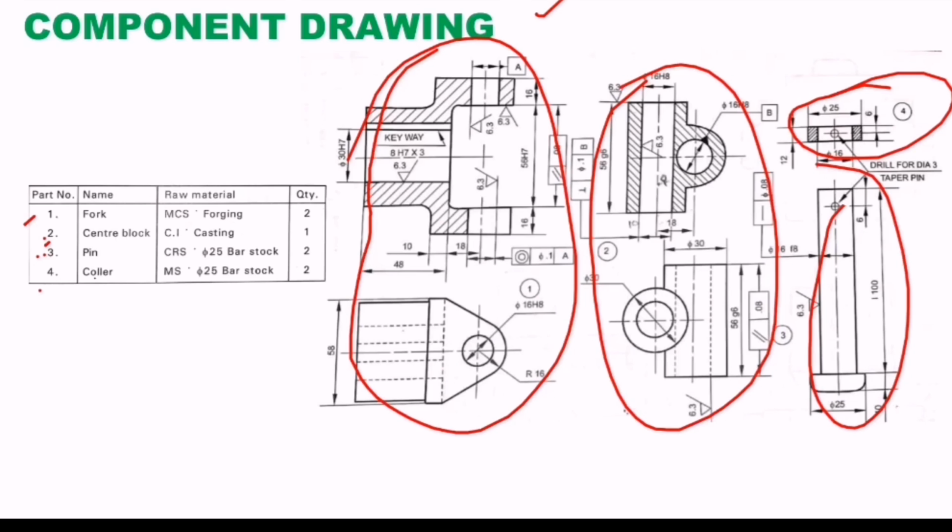The important thing is that when we draw these individual drawings, we should remember the question dimensions. For example, in the question, this dimension is 18. Here we should maintain 18 only. There its dimension is 12, so here we maintain 12 itself. So according to the question dimensions we should draw the answer. That is the important thing, and indicate dimensions in aligned dimensioning only.